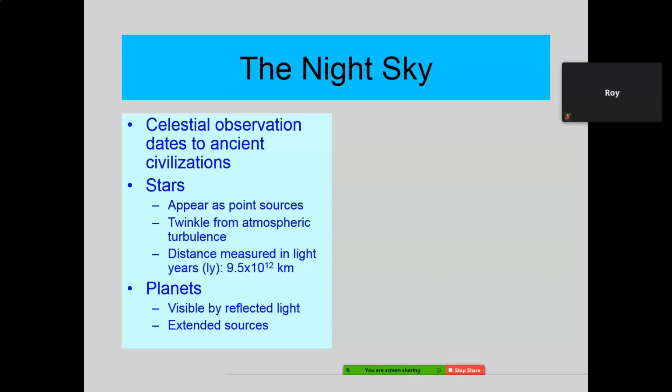They didn't have cell phones. They didn't have internet. They didn't have books. They didn't have lots of things. And when they went and laid down at night, they looked up at those skies and they started noticing things about the sky. Okay? When you look at the night sky, you'll see basically 3 different types of objects out there.